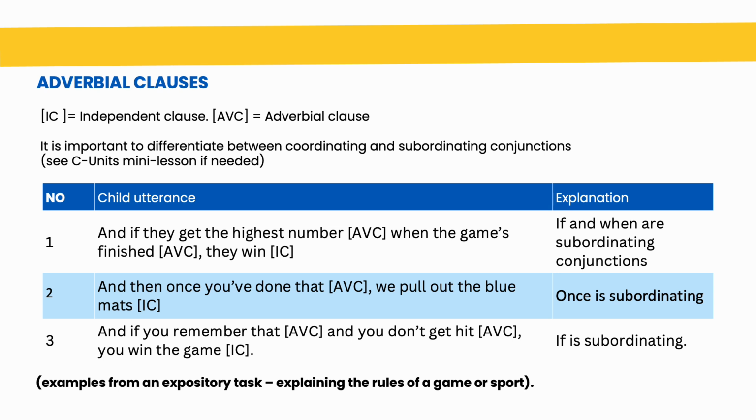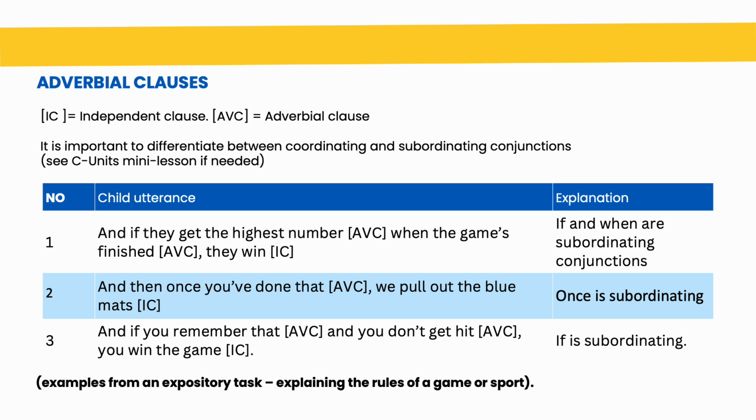In this instance, there are 2 adverbial clauses. They win is the independent clause, and because if is a subordinating conjunction and when is a subordinating conjunction, these are adverbial clauses. They're finite because they have a new subject. If they get the highest number, and when the game